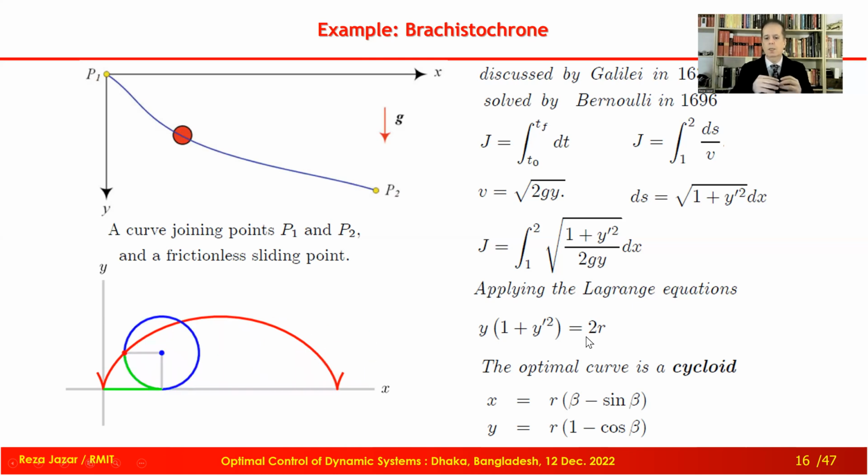And finally we can introduce the equation by the parametric method, parametric here in beta. So x and y, both of them are functions of beta. Beta is the angle of rotation of the circle. So these two, when you plot them, you find the brachistochrone. Anyway, the solution is in any book related to calculus of variations.